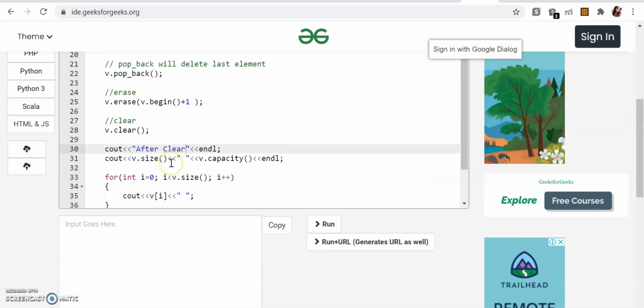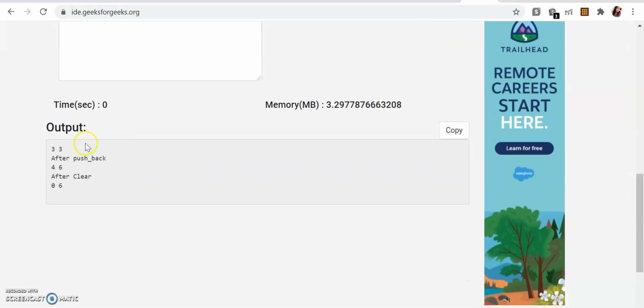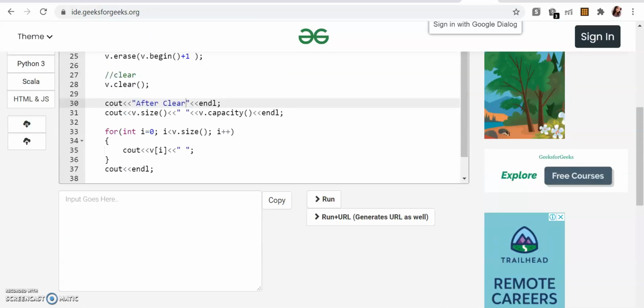So if you remember, I also told you one function that, after you are done with all your operations, whatever redundant capacity you have, you can make that go away. So what we saw, v dot shrink to fit. Here you can see that it is unnecessarily holding 6 spaces, and what if you don't need this vector after this?